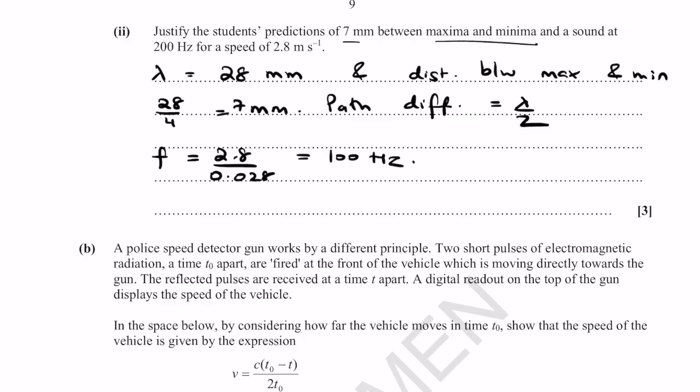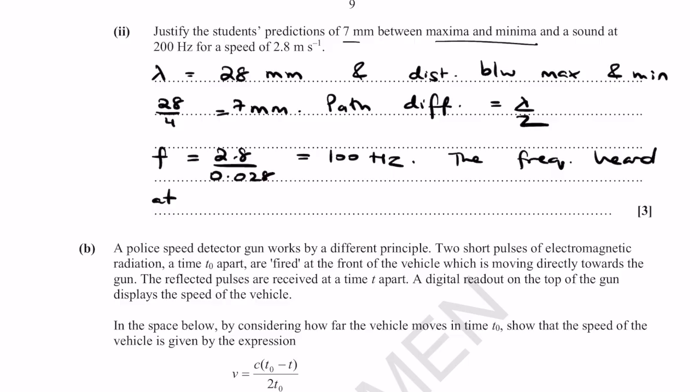That should be the frequency that would be heard at the speed of 2.8 meters per second. So that's what I'm going to say. So 100 hertz is the frequency heard